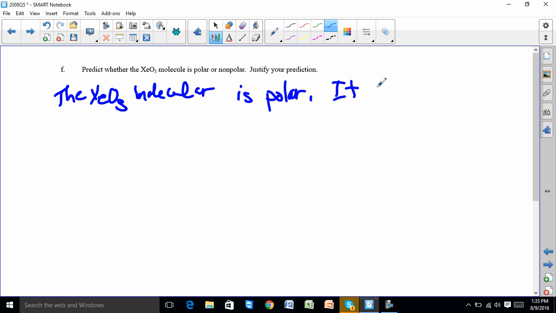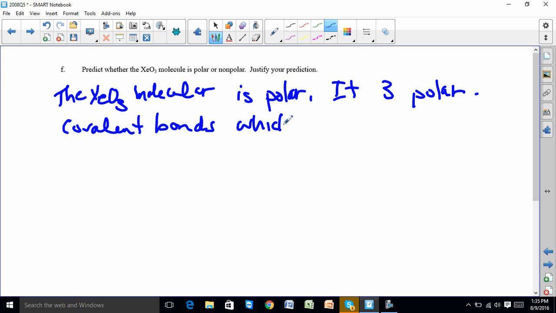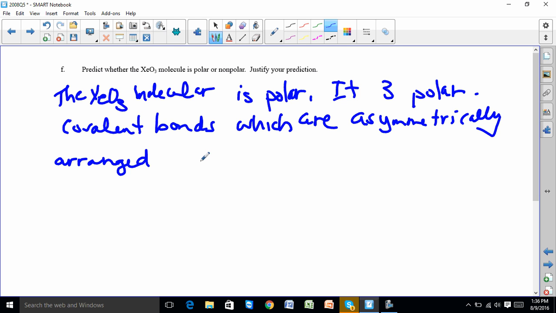It has 3 polar covalent bonds which are asymmetrically arranged,